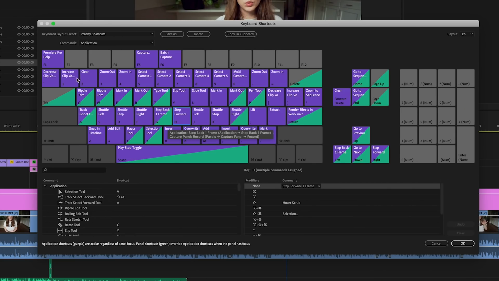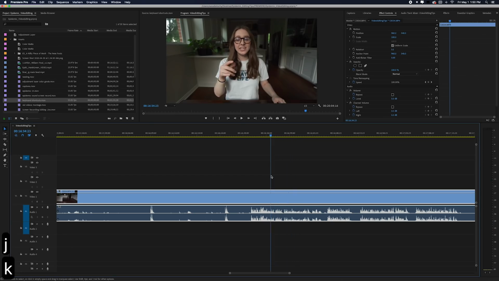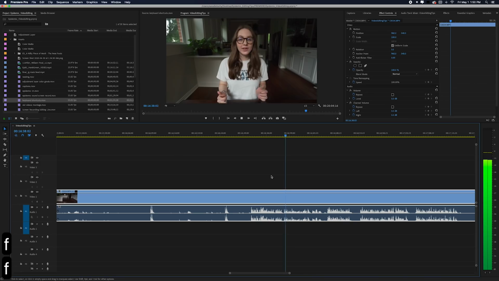When video editing, I never want to move my right hand away from the mouse because I use it a ton for vertical and horizontal scrolling. That's why I love my MX Master 3 for the horizontal scroll. But because I'm always using my left hand on the keyboard, I moved all of the shortcuts to the left-hand side of the keyboard. So the typical JKL to shuttle forward, backwards, and to stop, I've moved that to SDF.